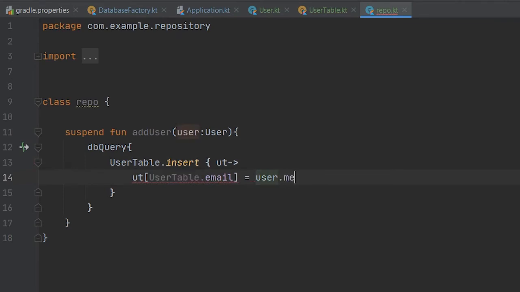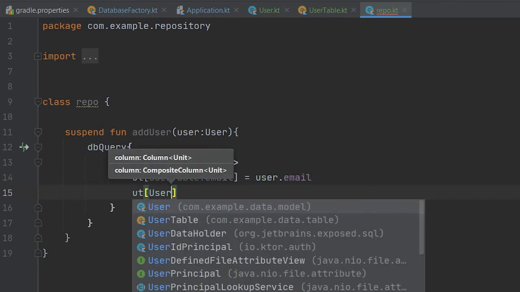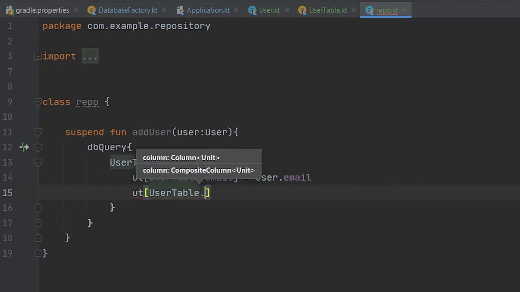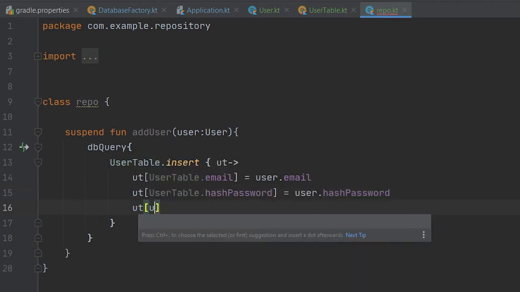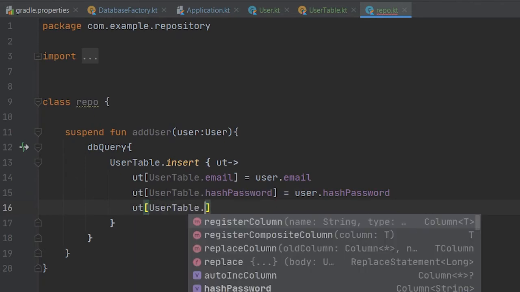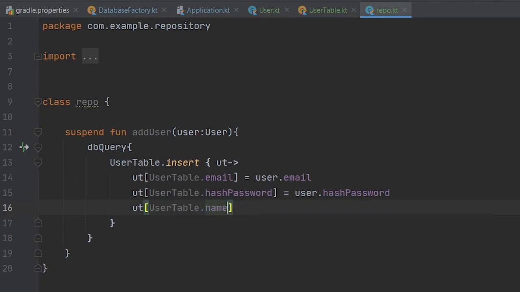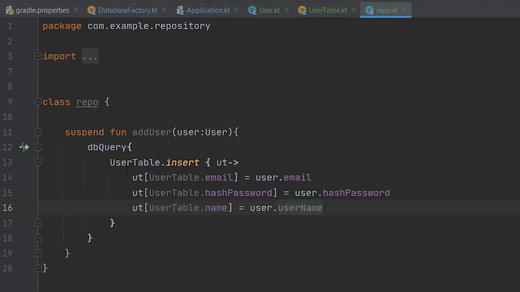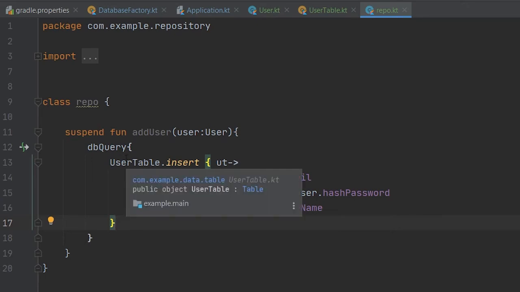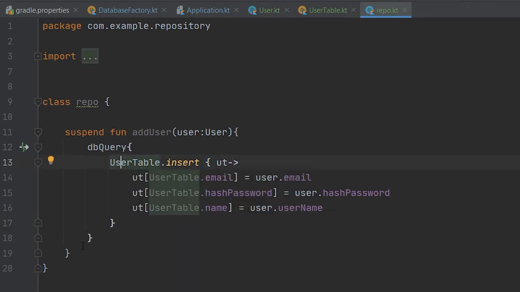And password: user table dot hash password is equal to user dot hash password, and user table dot name is equal to user dot username. So that's all in this function. This function will insert our user in our database.